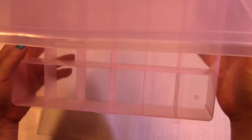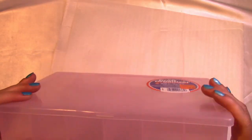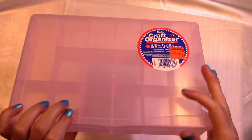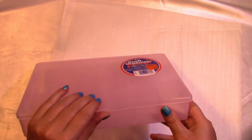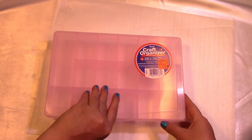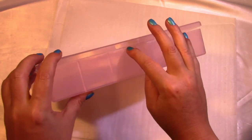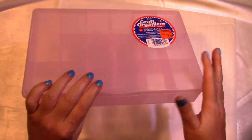And for $1.94, I thought that was a really good buy. Now I don't know how they're going to stay together. Well, actually they stay together pretty good. They stay together better than the other ones. You actually really do have to hear that. It has that little lip right there. So that was worth